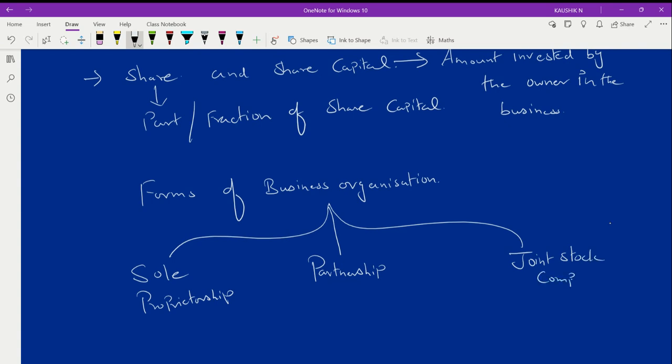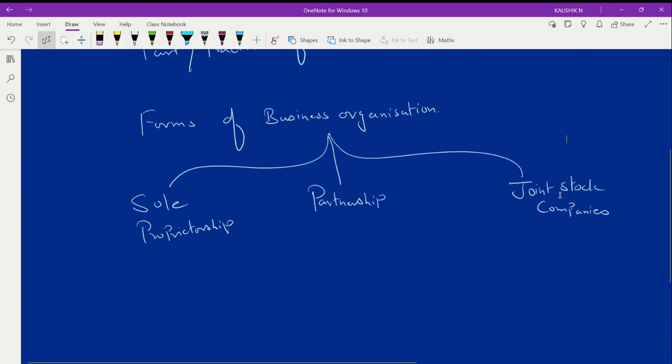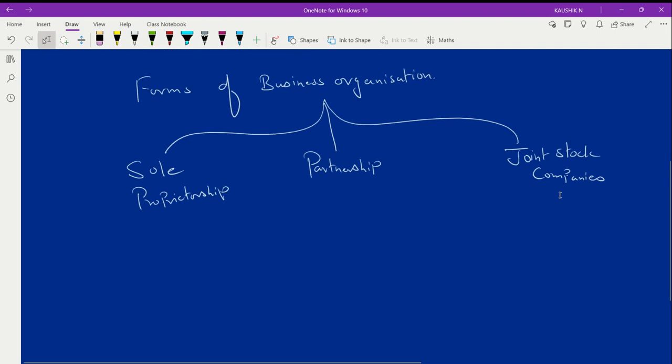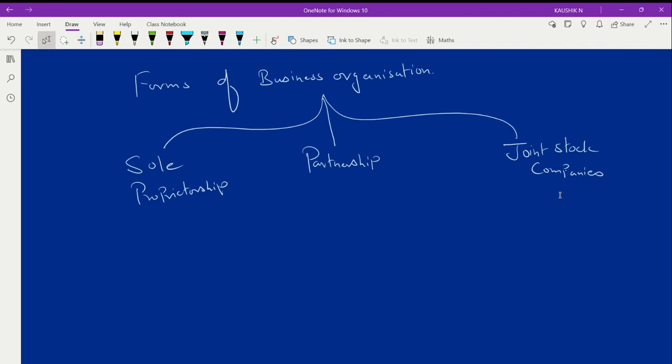Apart from this, you have other forms like Hindu undivided family business, and something called cooperative societies, all such things. But these three are the profit-oriented or money-minting business organizations, where in each of these segments profit is the most important aspect. Earning profit is the objective of the business. In sole proprietorship, because every business requires capital,